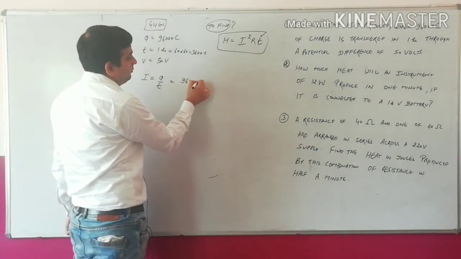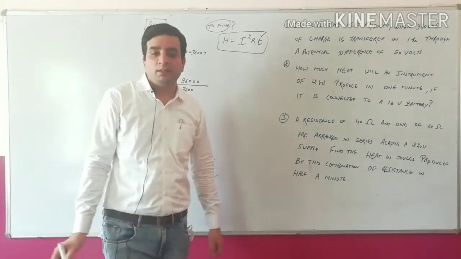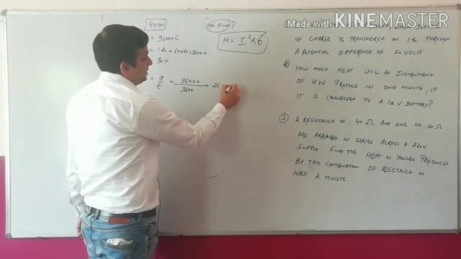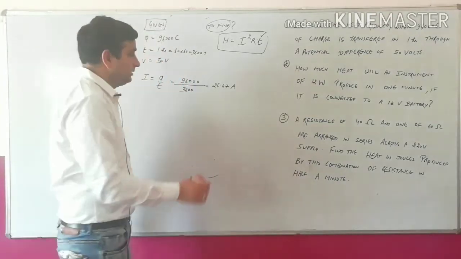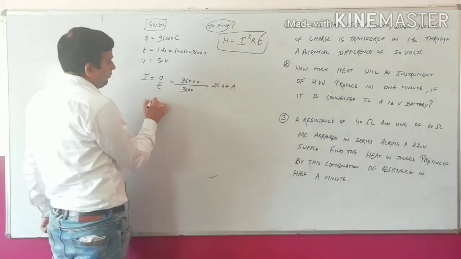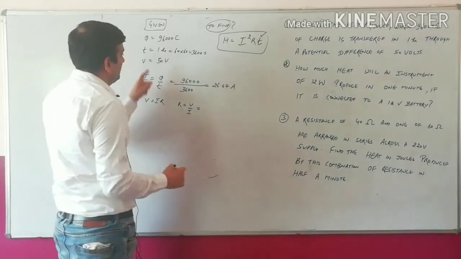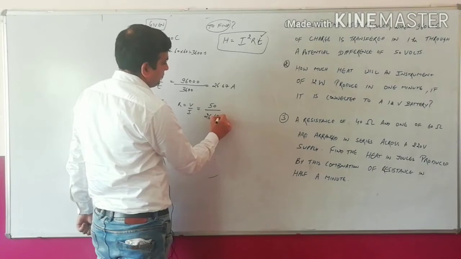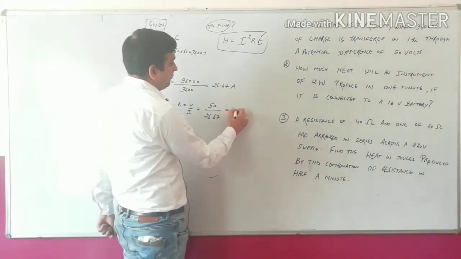What is the value of Q? It is given. Time is 3600 seconds. So by solving this, what you will get? 26.67 ampere. So this is the value of current that you will get. Next, we have to calculate the resistance. So by using Ohm's law, V is equal to IR, R is equal to V by I. What is the value of V? 50. And I is 26.67. So the value of R that you will get is